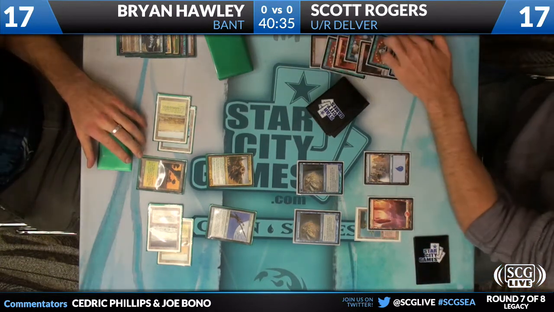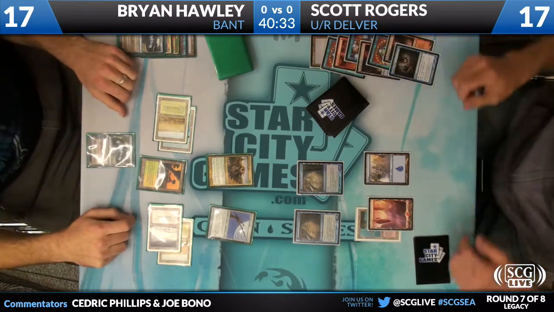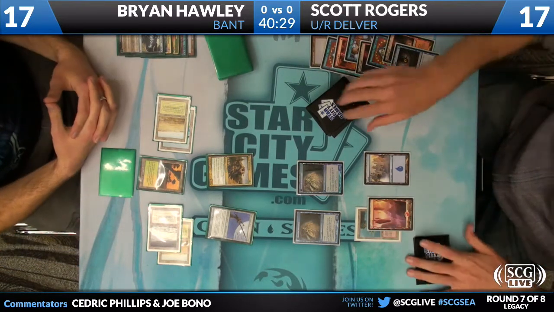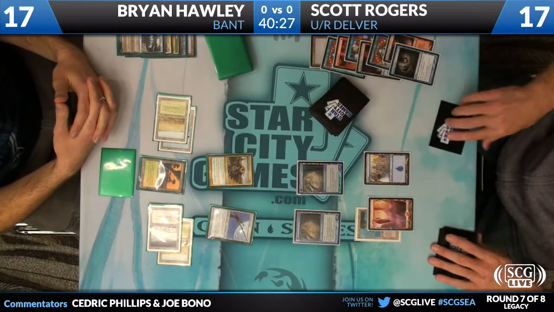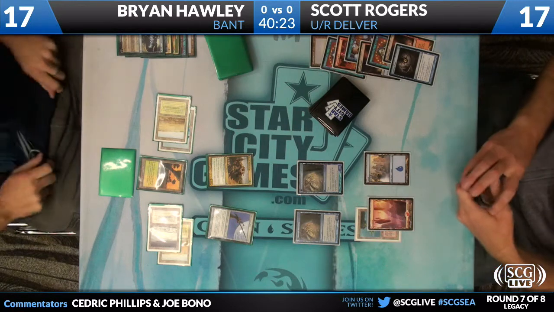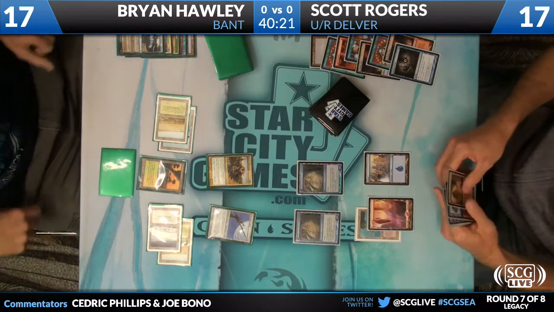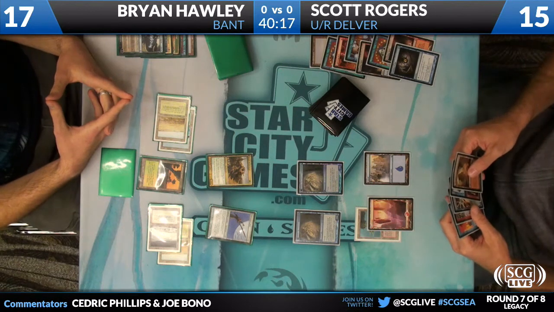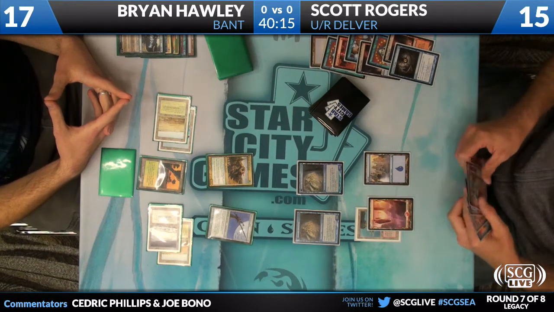We are going to see a Gitaxian Probe here from Scott, revealing just the last card, Jace, the Mind Sculptor. Scott is going to draw a card. He also paid 2 life on that. Yeah. And so Scott is really far ahead. His second Delver flipped naturally off the Gitaxian Probe. So he's got 6 power in the air. And Bryan